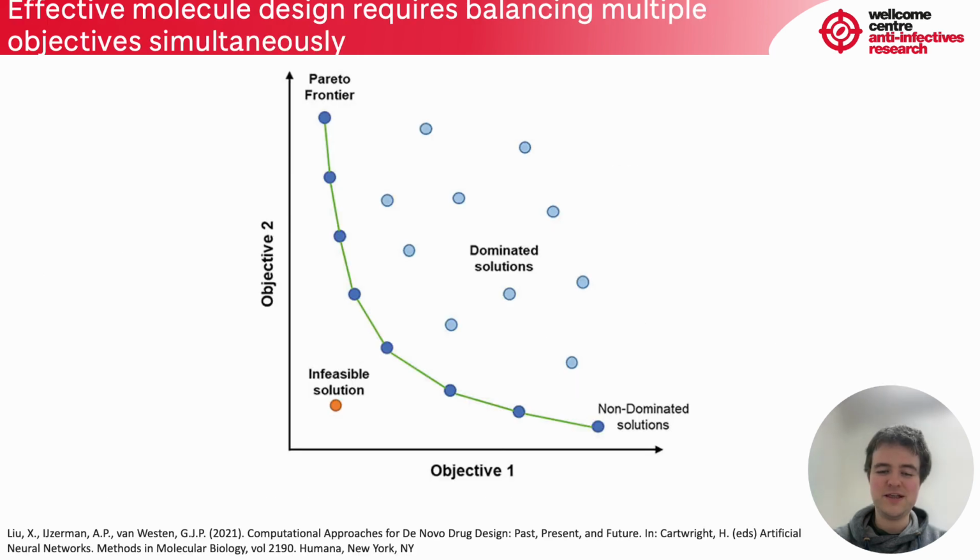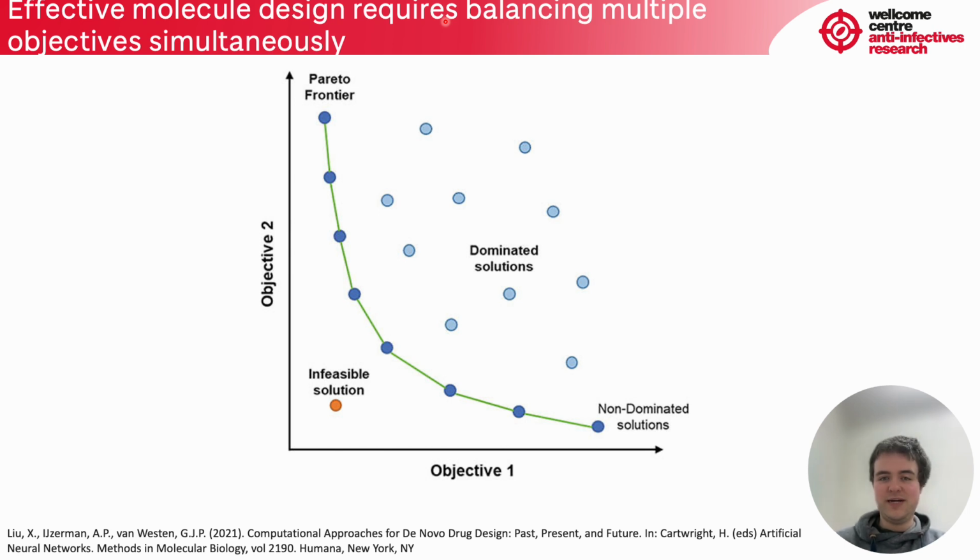So now when we're starting to think about combining multiple scores together, the key thing here is how do we balance those different objectives? How do we find a molecule which balances, satisfies all of our requirements? How do we find a balance between synthesizability and predicted potency? How do we find that? One of the things is that we will have to combine multiple objectives together, and to do that in a relatively clever way. So here the idea is that really when we're thinking about effective molecular design, it requires